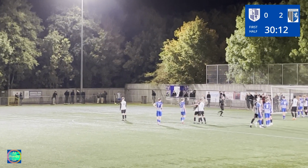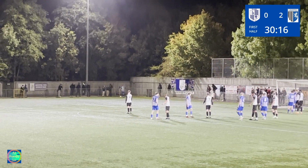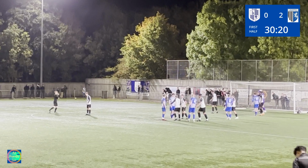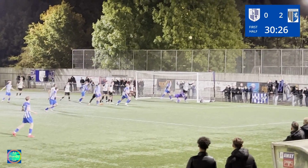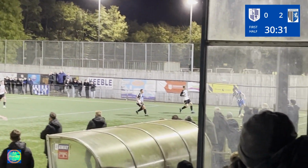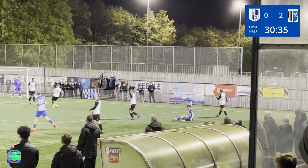Let's hope the corner's positive. Tom Kay it is who's got the responsibility of taking it. Gillingham pulled everybody back inside their 18-yard area. So here comes the corner from young Tom. It's a decent one as well. It's headed off the line. It was Kai Sommer's header, and headed off the line by Webster, I think, because